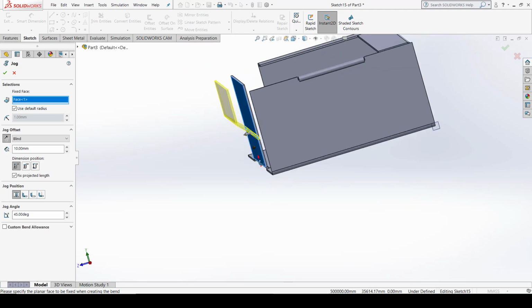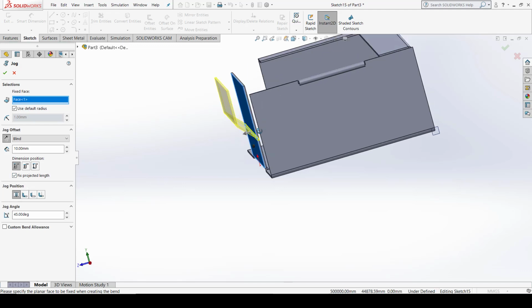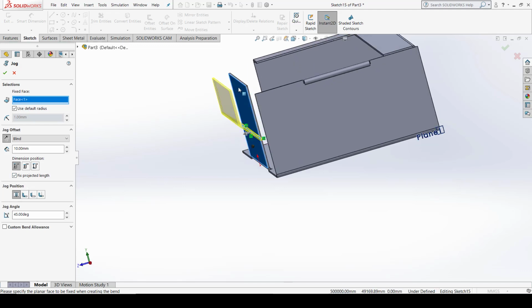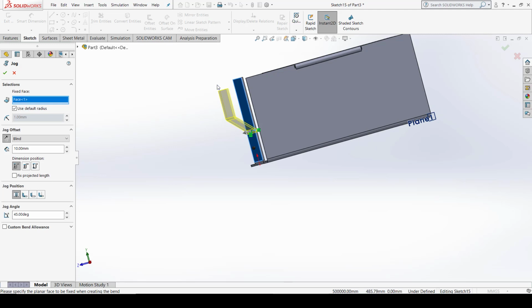Now another option, you have to select this fixed projected length. If you select it, you can see my bend will occur as per the requirements, as per the height of this edge flange. If it is 50, then this projected length will be 50 also. Okay, when I just unclick it, see what happens. It is not up to this point, it becomes a bit lower from this edge. Why? Because it has certain bends in it. So bending allowance is required, and bending takes certain radiuses and certain material also. So that's why it is a bit lower as compared to this height.